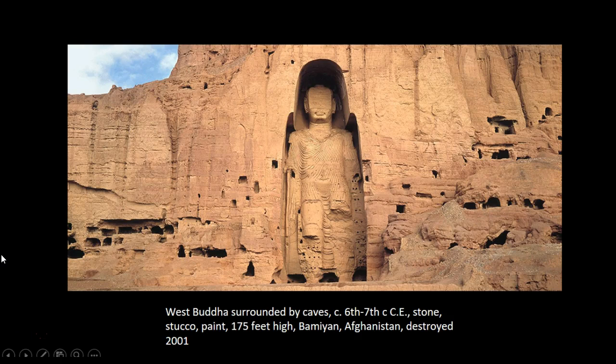So we're going to be looking at some different representations of Buddha. Prior to their recent destruction, the 6th and 7th century rock-cut Buddha sculptures in Bamiyan Valley of central Afghanistan were considered the largest in the world. Known collectively as the Bamiyan Buddhas, the 2 monumental sculptures have amazed both Buddhist and non-Buddhist visitors for more than 1,000 years. Like many of the world's great ancient monuments, little is known about who commissioned the Bamiyan Buddhas or the sculptors who carved them. However, their very existence points to the importance of the Buddhist faith in Bamiyan Valley during this period.